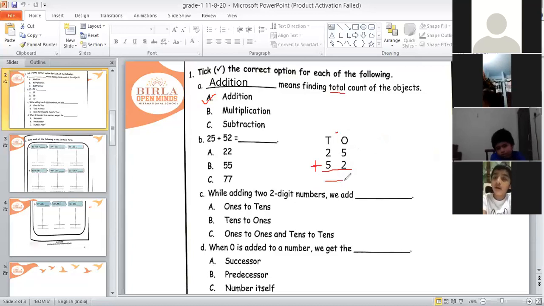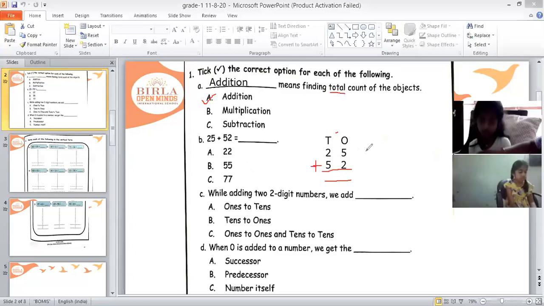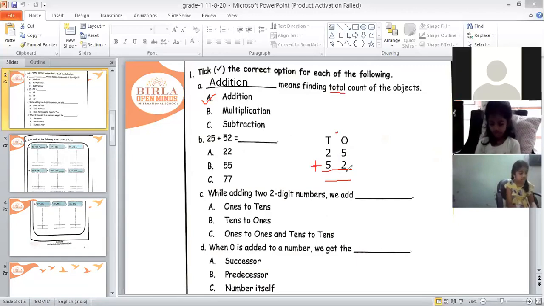So we are doing this now. Now we'll start by adding the numbers in ones place first. In ones place, the numbers are 5 and 2. Ayan, you tell me, 5 plus 2 how much? 7. Very good. So children, 5 plus 2 is 7. So we will write here 7. Yes, and 2 plus 5? 7. So what is the answer? 77. Yes, very good, Ayan. So children, answer is 77.